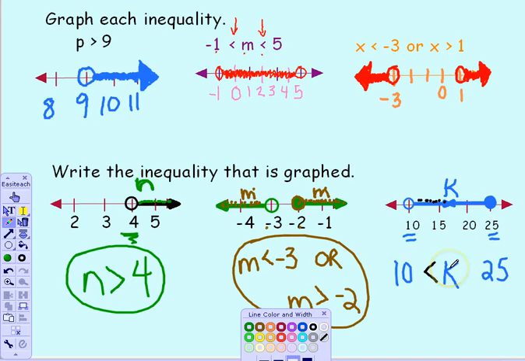K is greater than, because the alligator eats the bigger number, than 10. Okay, and then we also have up here, k is less than that 25. Since it's a closed circle, we're going to underline that 25 to show that k could also equal 25. So in this case, it's between 10 and 25. If you were to cover up this k